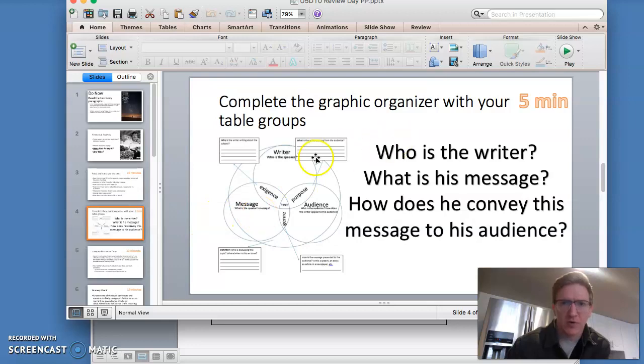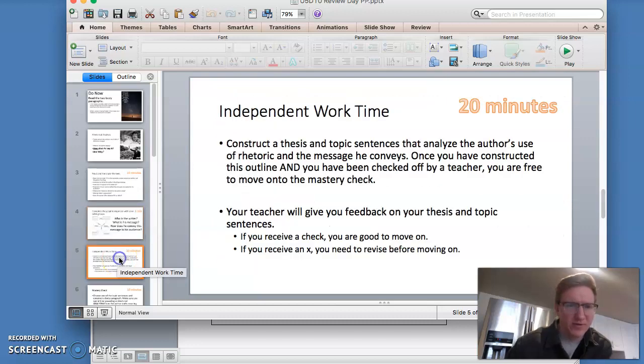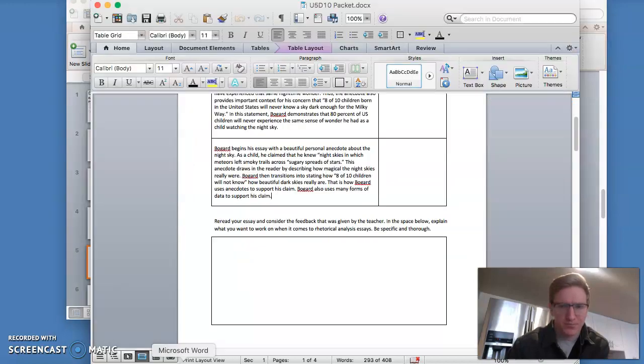This was a graphic organizer they did with their table groups, which helped them with rhetorical context. I don't know if that would be the same in the e-learning environment. The main portion of the class was this independent working time, where they were to, I'll go back to the packet